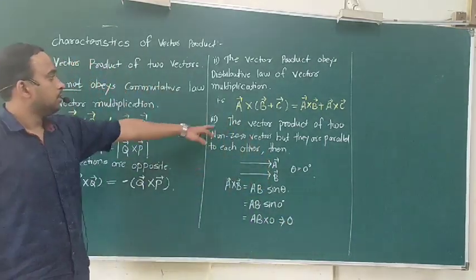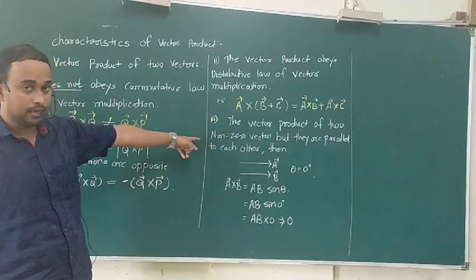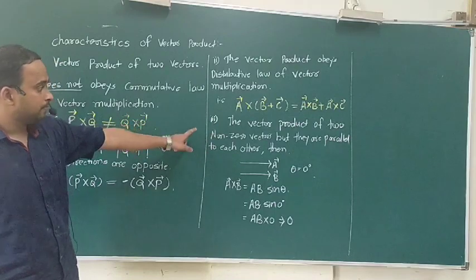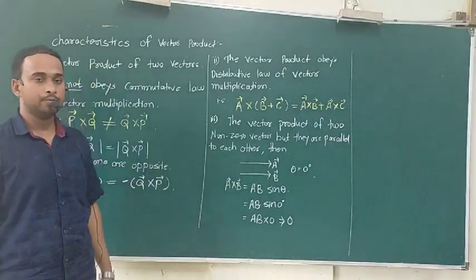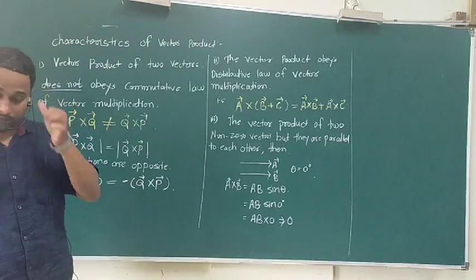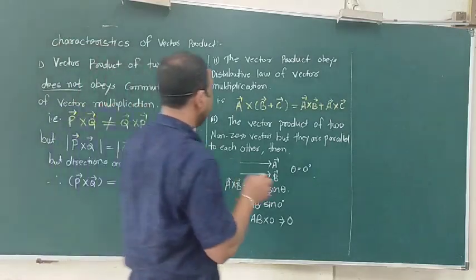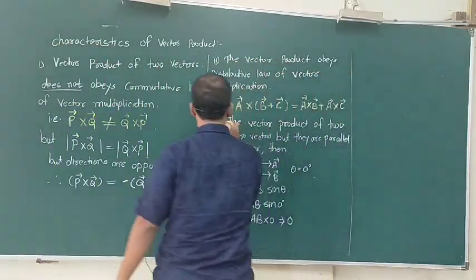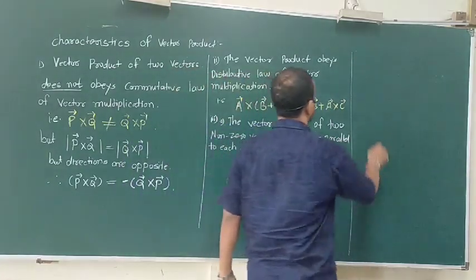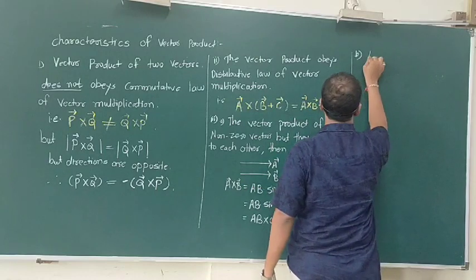That means the vector product of two non-zero vectors, but they are parallel to each other, then their cross product is equal to 0. Now second one, similarly, if these two vectors are anti-parallel,